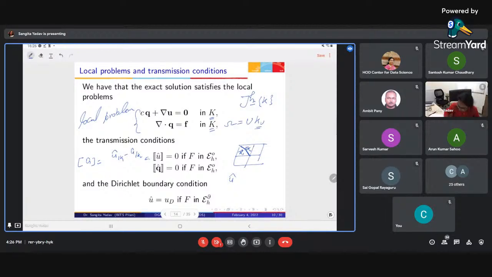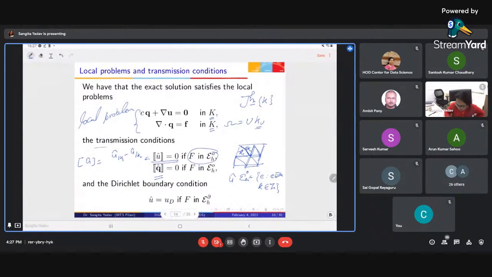That's why we have the jump of u hat, the trace of u, is 0 on each phase. So here epsilon h 0 is giving you the collection of all the E's, so that E belongs to the boundary of K for K in tau h. So we require that on every edge, the jump of these functions is going to be 0, whatever you calculated. And similarly, for the function q, the jump of q hat should be 0 on all the interior